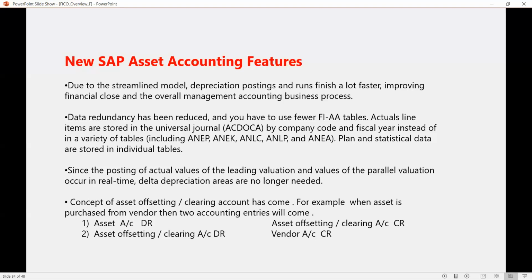But now the system will throw two accounting entries. So one will be: the asset will be debited and the asset offsetting or clearing account will be credited, and the asset clearing account will be debited and the vendor account is credited. So this is happening because as per the different valuations, you may like to do asset capitalization in a different